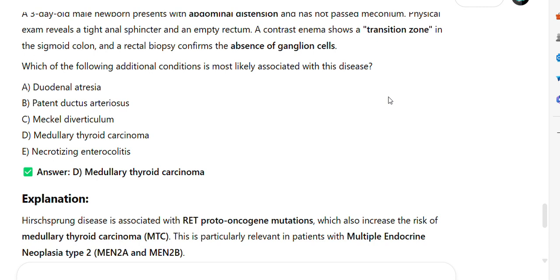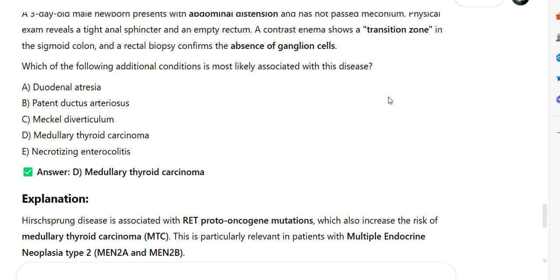A. Duodenal atresia. B. Patent ductus arteriosus. C. Meckel diverticulum. D. Medullary thyroid carcinoma. E. Necrotizing enterocolitis. The answer is: medullary thyroid carcinoma. Explanation: Hirschsprung disease is associated with RET proto-oncogene mutations, which also increase the risk of medullary thyroid